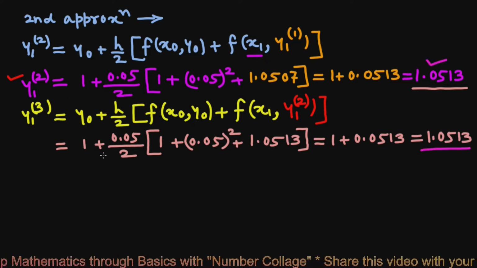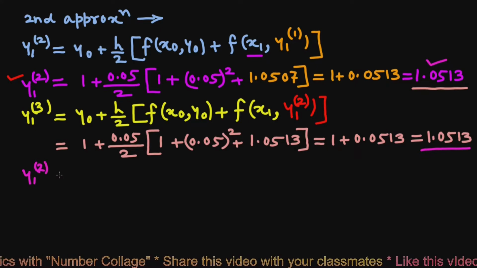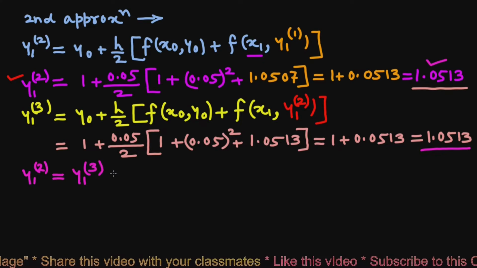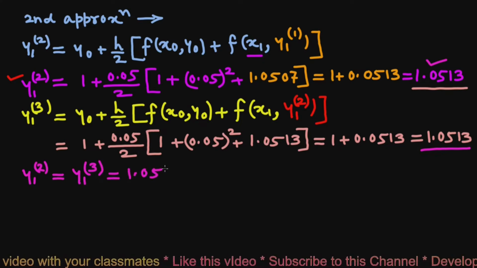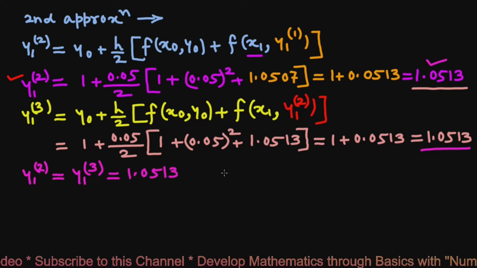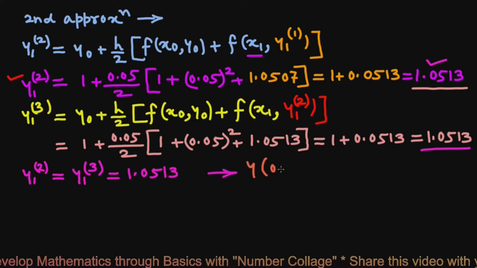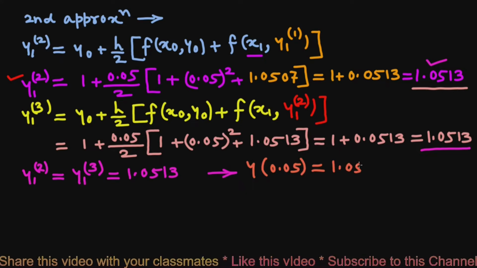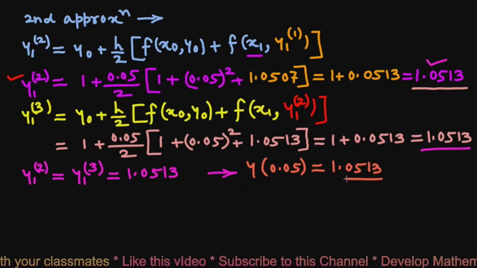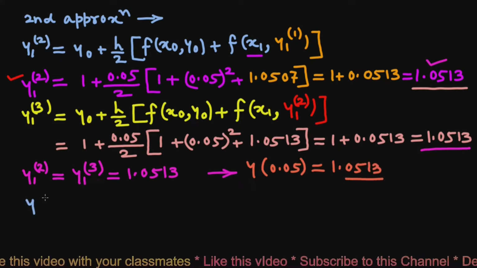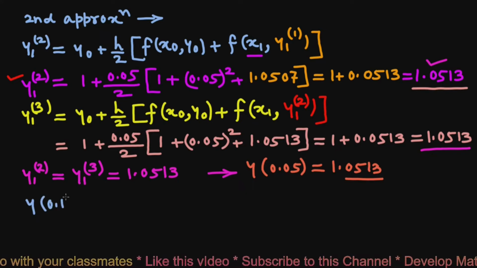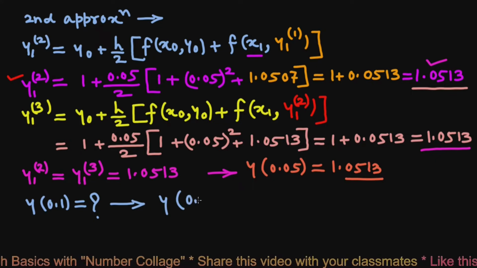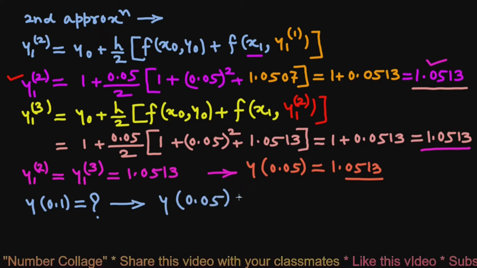And since second approximation of y1 is same as third approximation of y1, which is 1.0513, we conclude that value of y when x is 0.05 is 1.0513 up to 4 decimals. We have to find y when x is 0.1, and we have here value of y when x is 0.05, which is